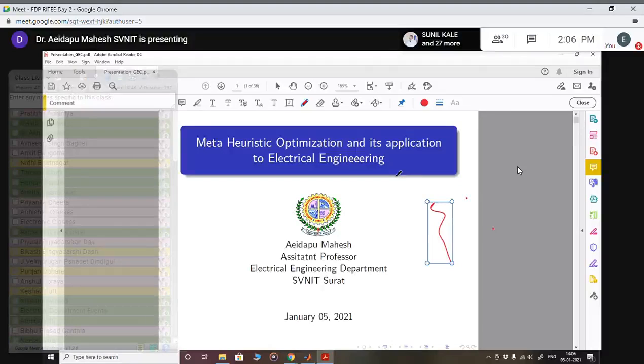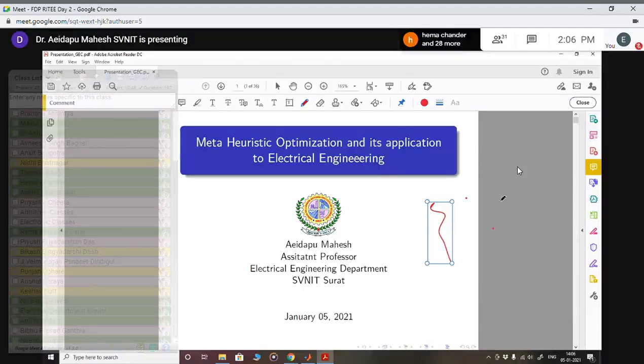This is a more general topic. Meta-heuristic optimization is a broader field which is applicable to any of the fields. Optimization is completely interdisciplinary. It can be applied to computer science, materials, electrical, electronics, mechanical, civil, chemical, physics, anywhere you have some problem of optimization, you can apply these optimization techniques. So I thought this would be a great topic